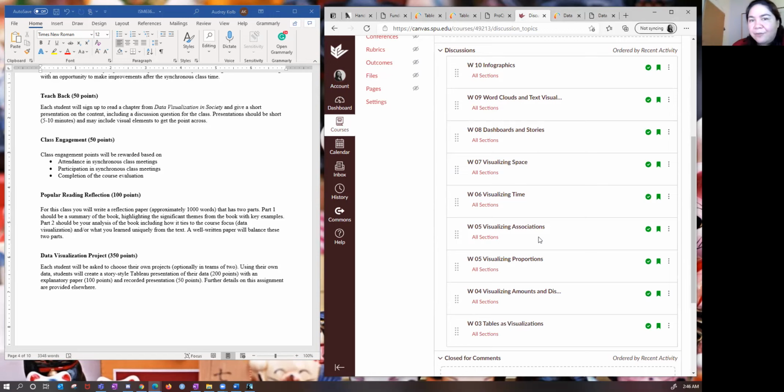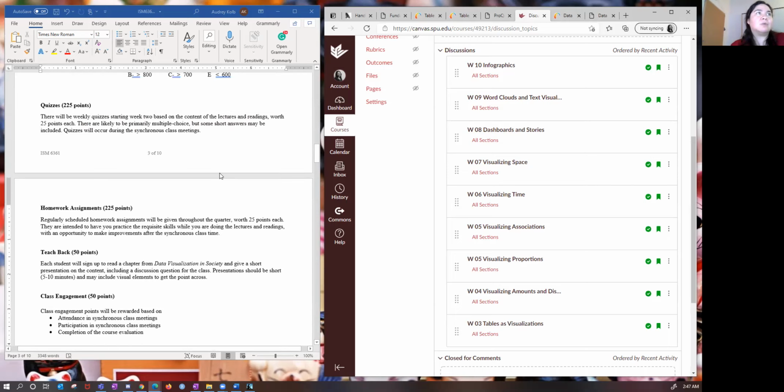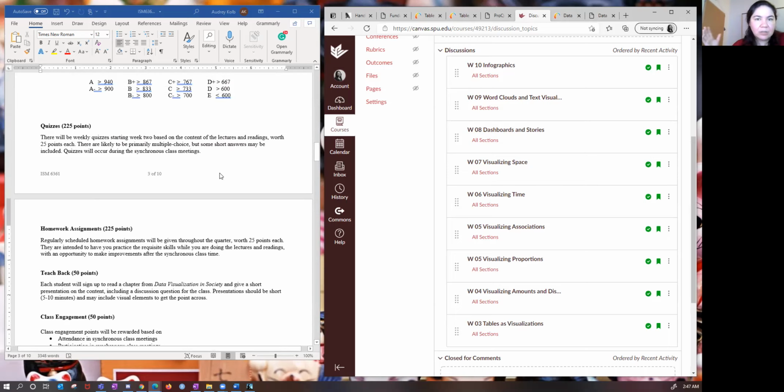In these groups, if you have extra time while other groups are finishing up, you can go over homework together and give each other feedback. After that, we'll do a Q&A for the week. Hopefully between everything up to this point, you won't have any more questions, but if you do, we'll resolve them. We'll do our quiz. Each week you will have a quiz on that week's content. They are worth 25 points each.